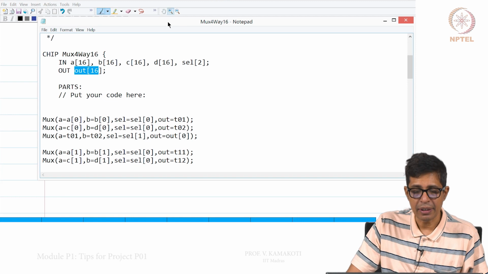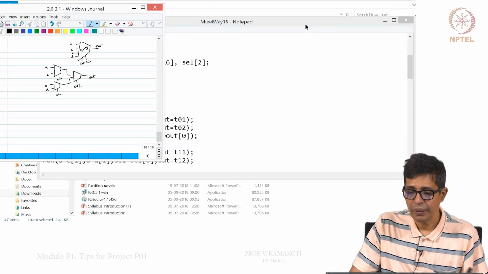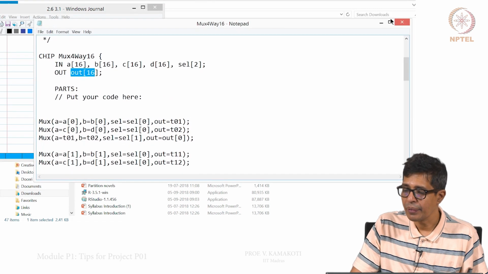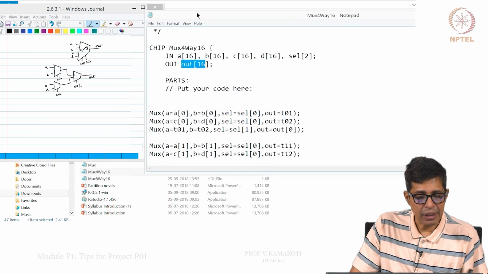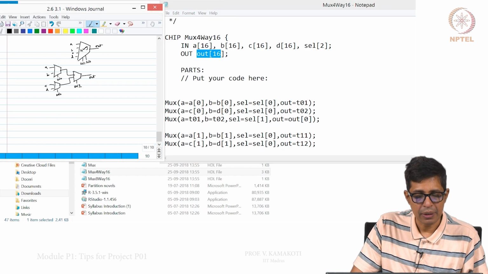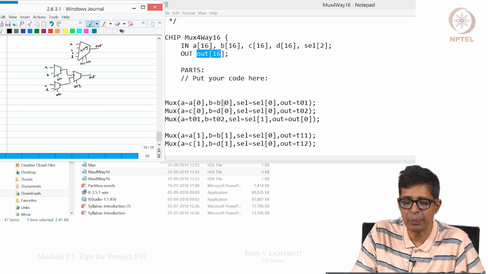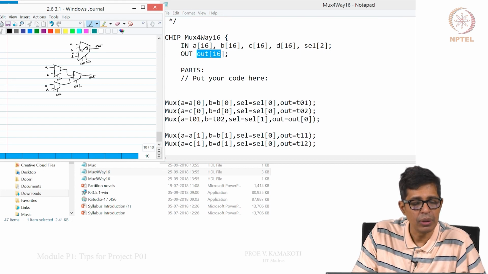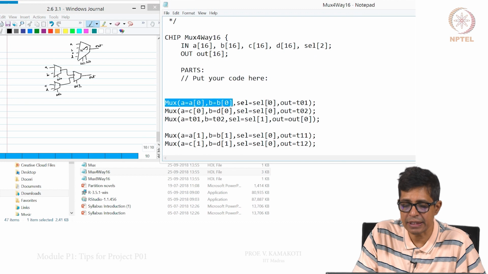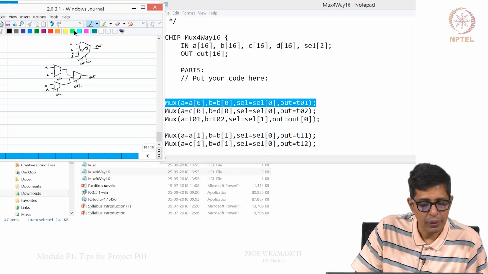As you see at this part, the first mux will take A0, B0 and sel 0. The first line that we are seeing here corresponds to this particular mux.